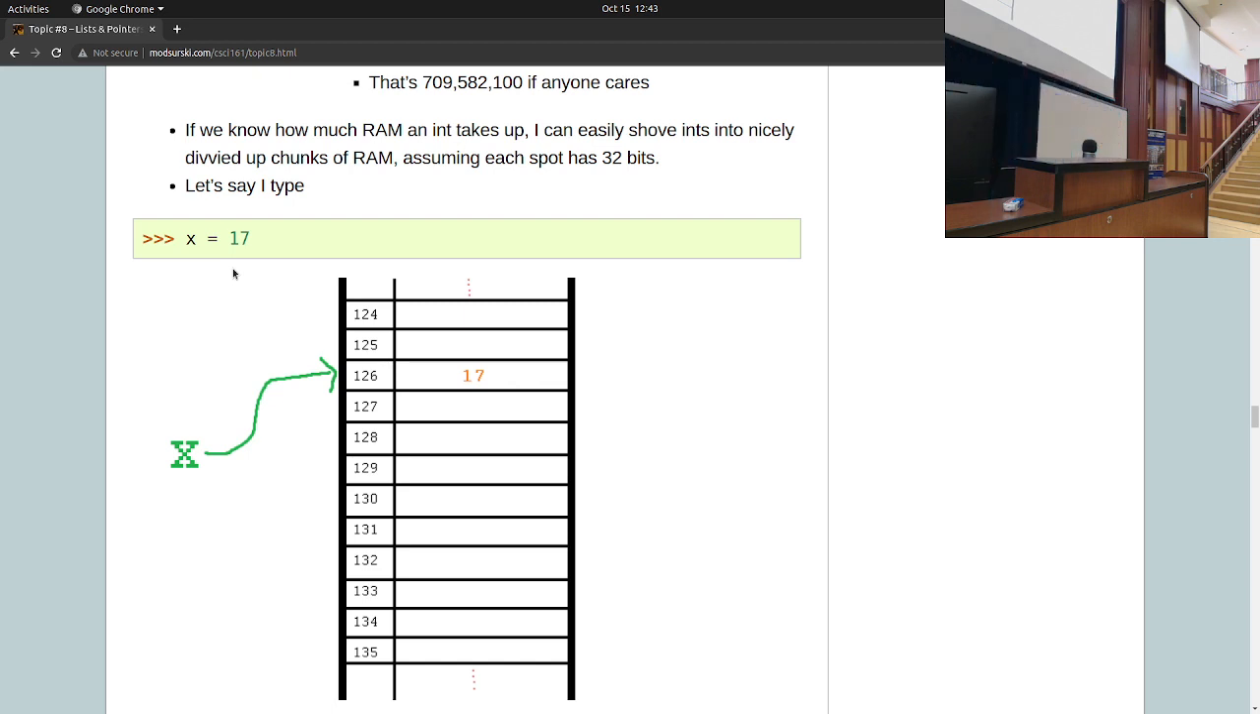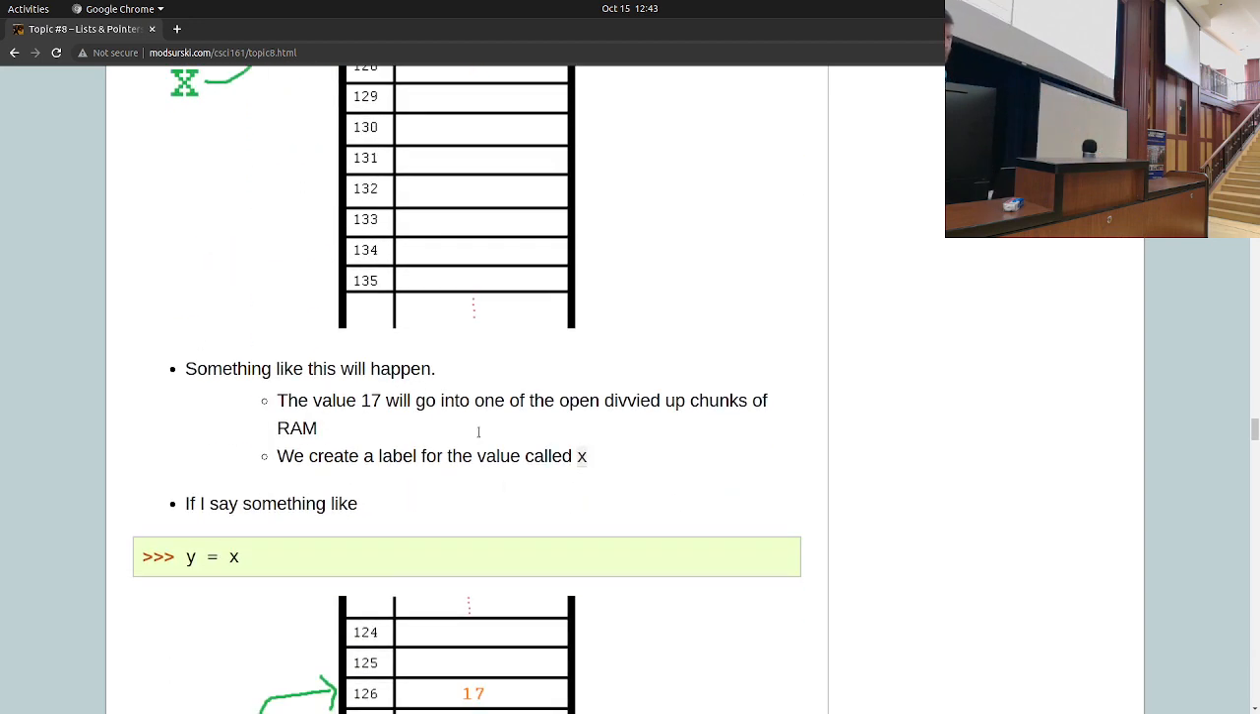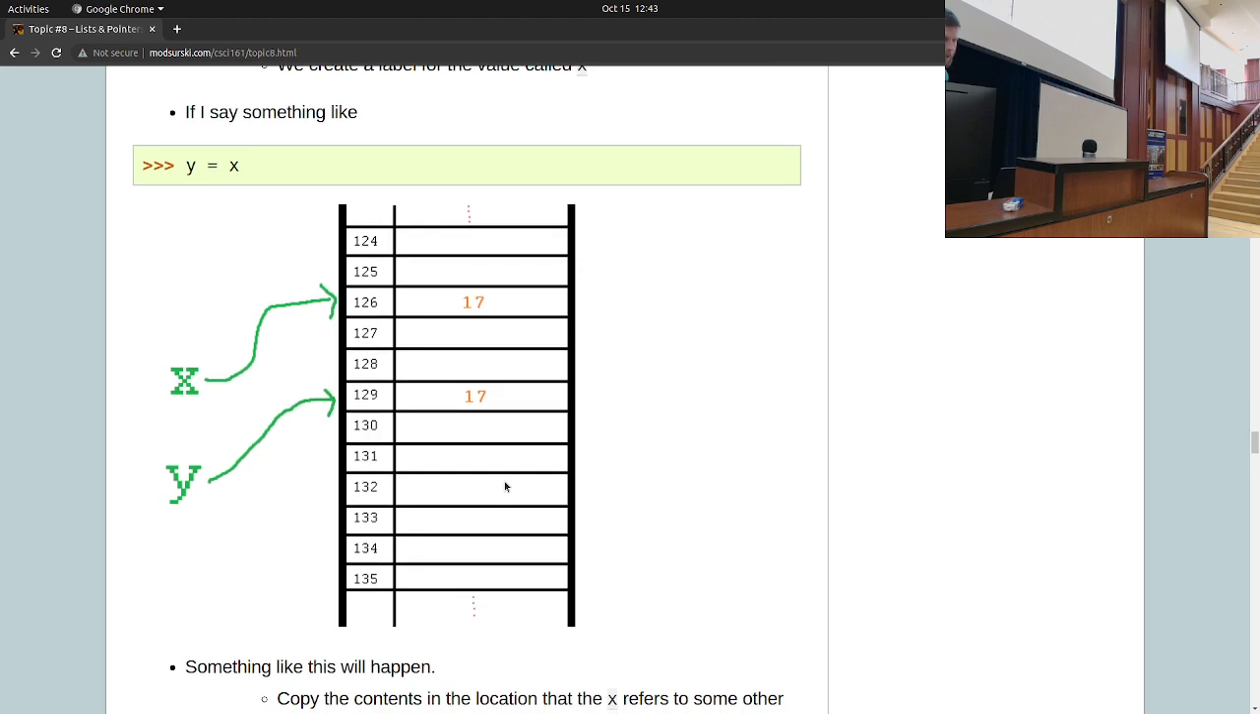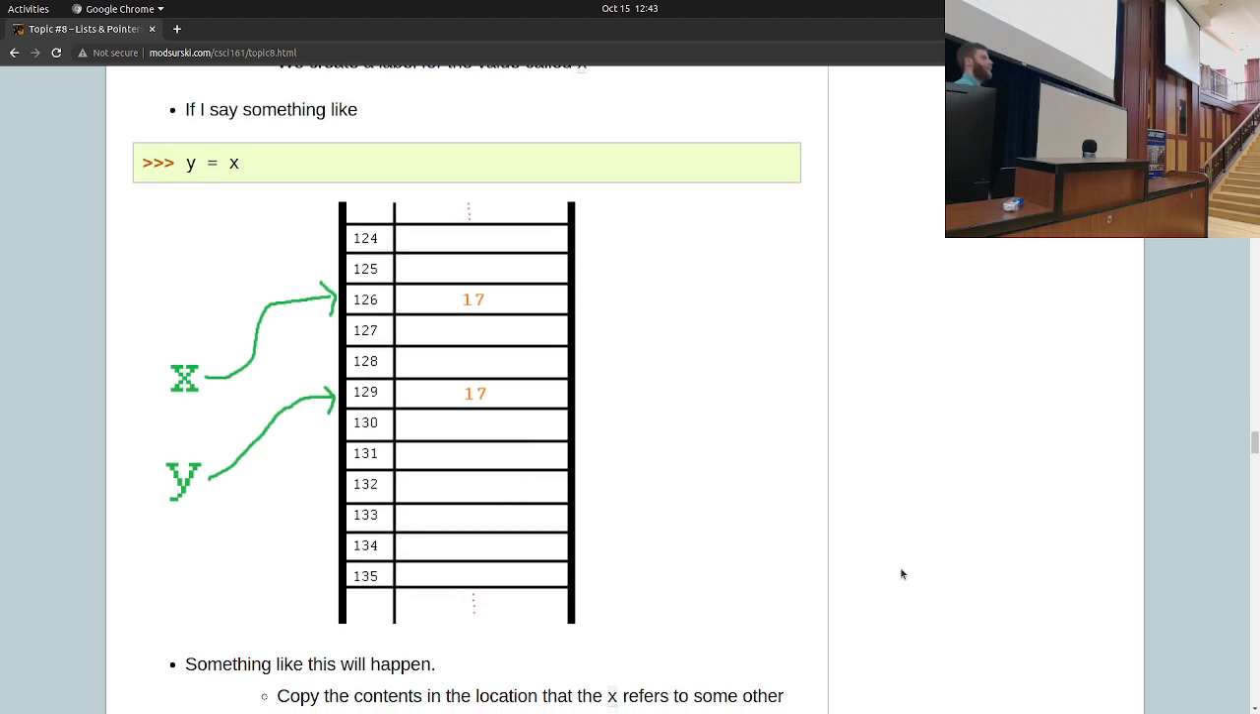It's a lot easier to work with variable names as opposed to remembering all these memory addresses and doing all that stuff. So we have these variable names. We store the value. Great. x equals 17. So something like store the value 17. Yep. Okay, great. Now if I say something like y equals x, all right, the computer's going to go,